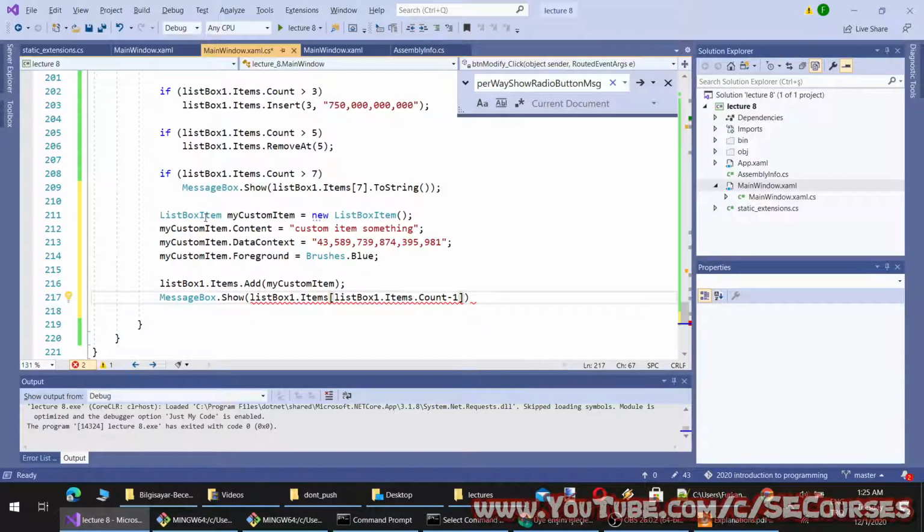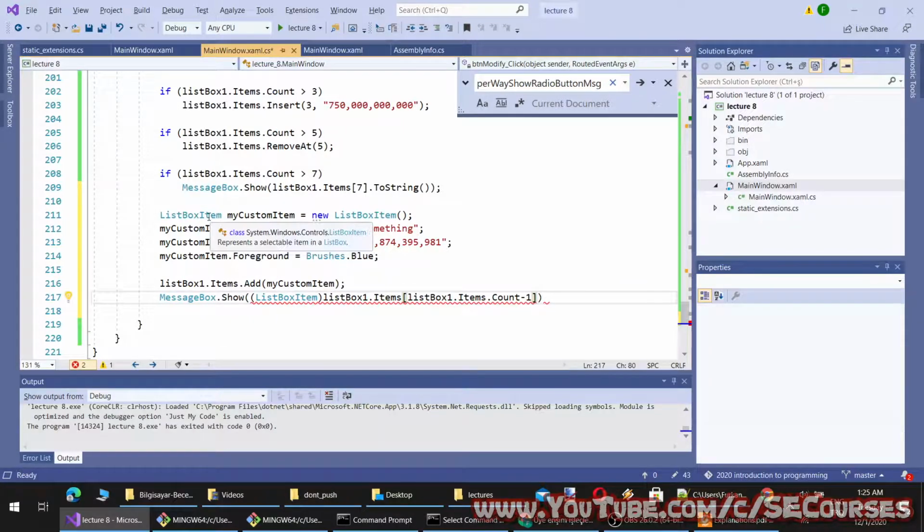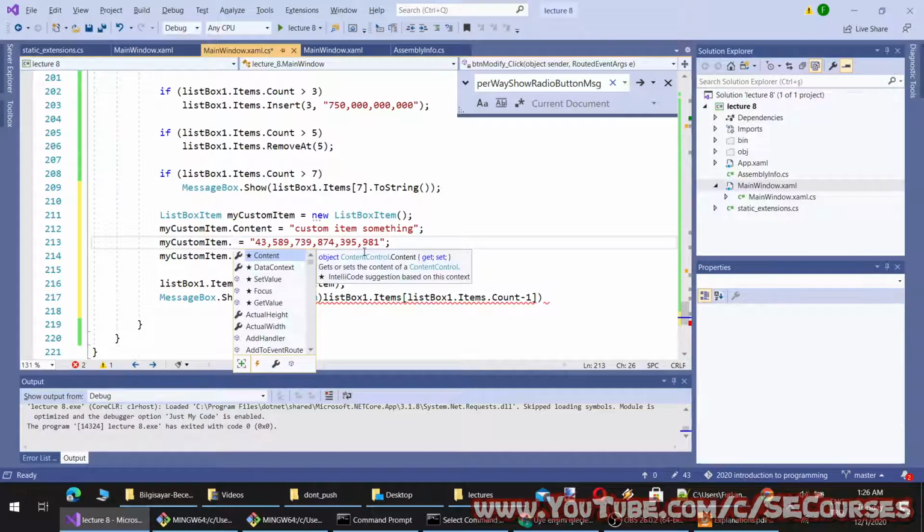Probably I have to manually define like this, and oh, not okay. Content data context set. There is set value.